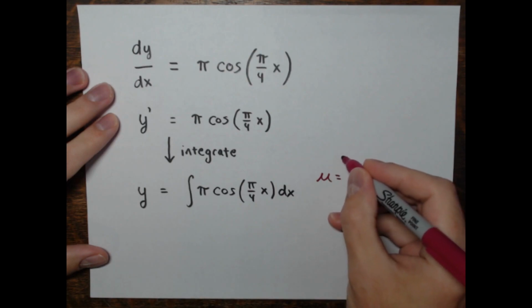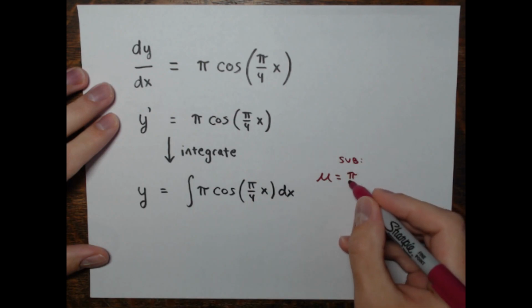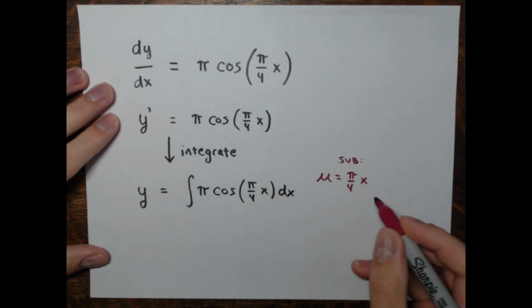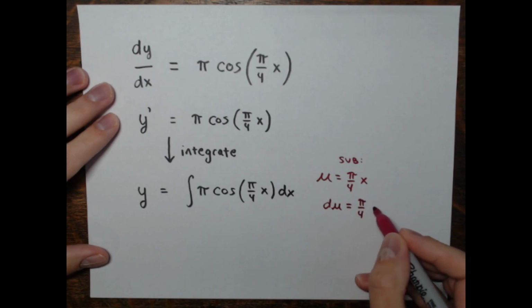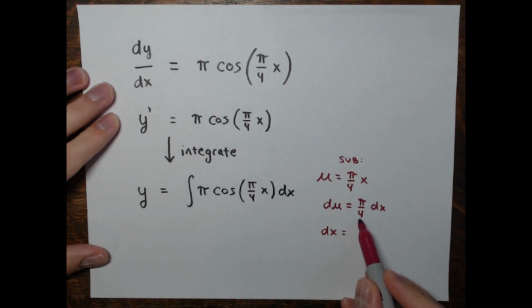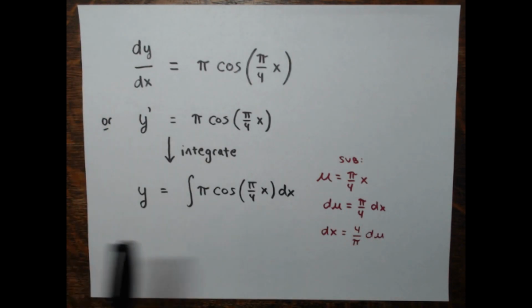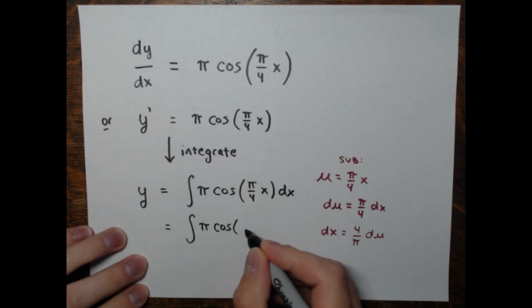I'm going to make a little substitution, have u replace this pi over 4 x in here, and then du would be pi over 4 times dx. So, solving for dx, when I replace this, dx would be 4 over pi times du. All right, so I'll make these substitutions, and we'll have the integral of pi times the cosine of